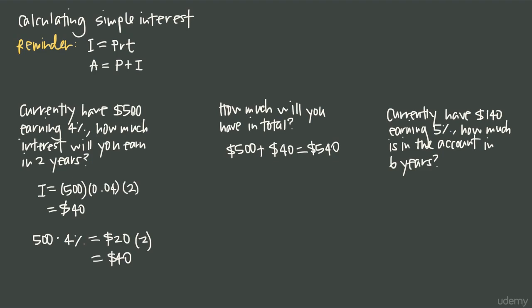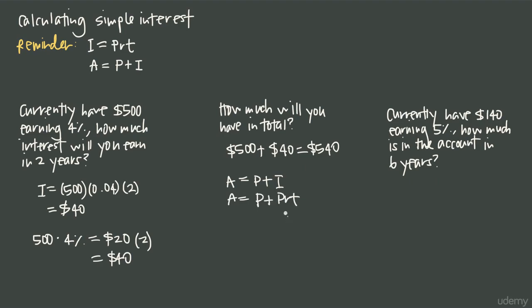That formula really is this formula here for A, where we say the total amount that you have in the account after a certain amount of time is equal to the principal plus the interest, which is what we just did here. The principal was 500, the interest was 40, and so the total amount A was 540. But of course, we know the interest, I, is equal to the principal times the rate times the time. That's the formula that we used before. So we could also call this amount formula principal plus